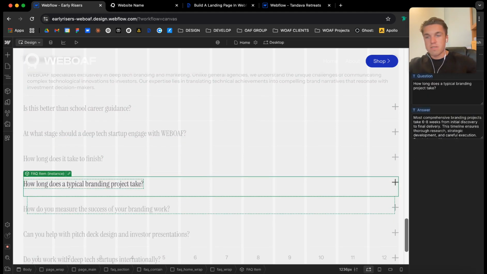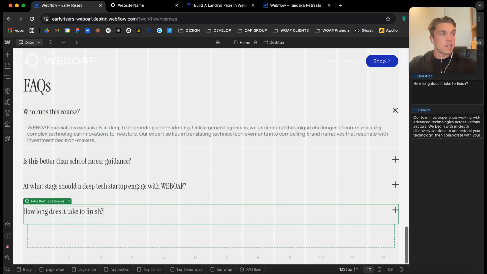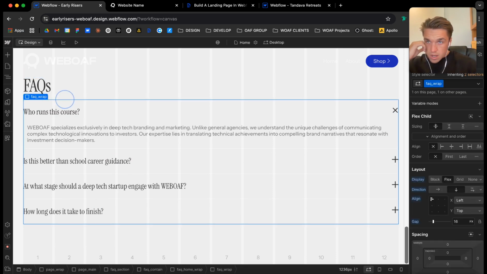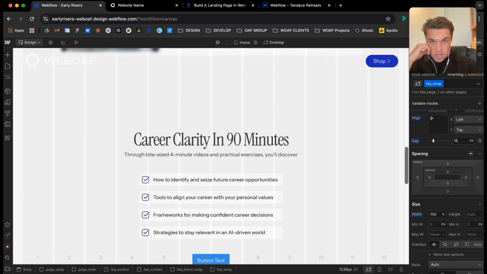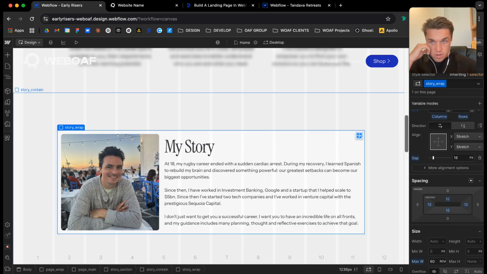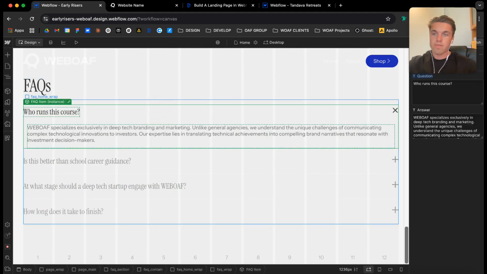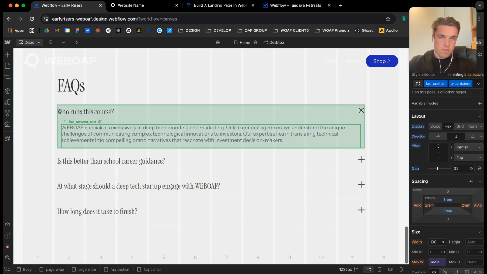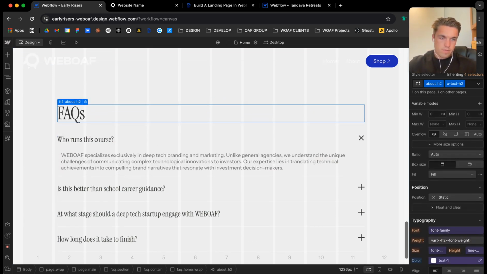For now I'm just going to leave it as those ones because the client will need to come in and fix the FAQs. And the FAQ wrap, I'm going to use the same max width as I used for this, 60 rem. Container, middle again, this, middle,